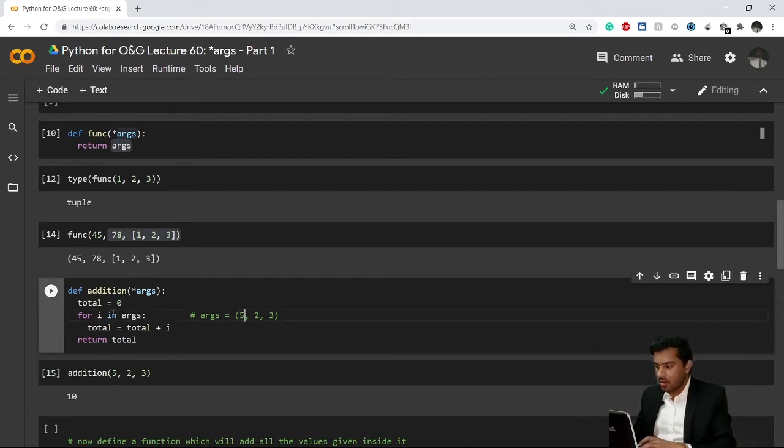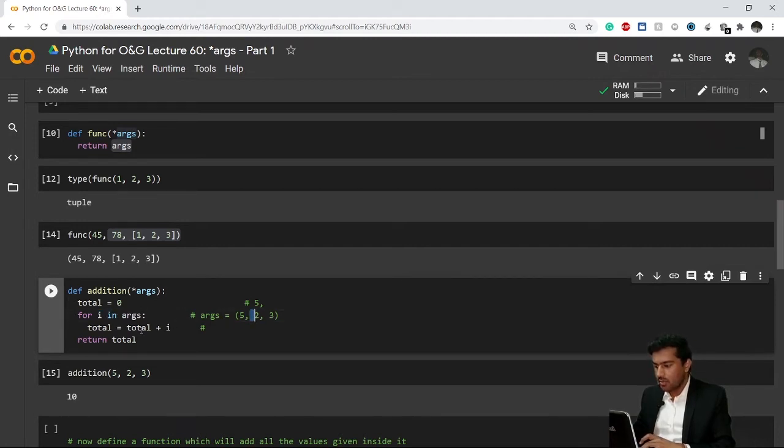So when I call a for loop here, the first value of i will be 5, right? So it will add 5 plus the initial value of total, which is 0. So my total becomes 5 here. Now when it comes to this loop again, i becomes 2.